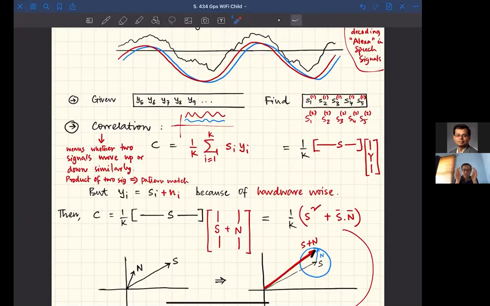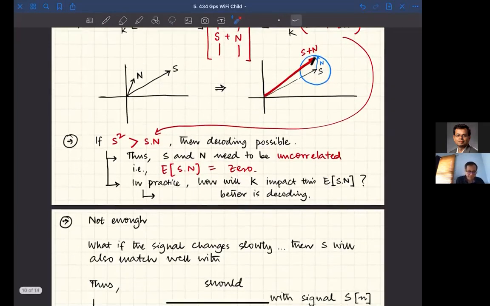If it is shorter, then this S square and this Sn are likely to be close to each other, because the N is basically pulling you away from matching the signal well. But if you have a long one, this S times N over a long signal is more likely to converge to 0. And therefore, this S square would become more and more dominant compared to S times N. So if you have long signals, that is better for correlation. And as a result, you can say that larger the K,